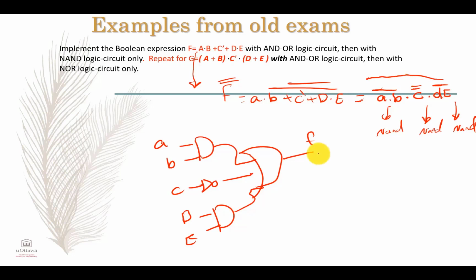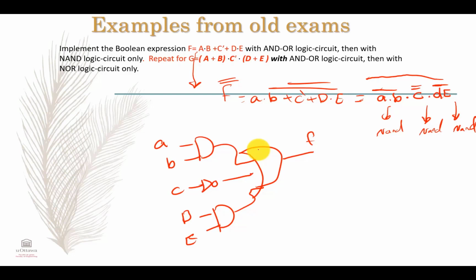However, I have a shortcut method that I would like to share with you. If you already implemented your Boolean expression using the AND-OR logic circuit, you can follow the following steps